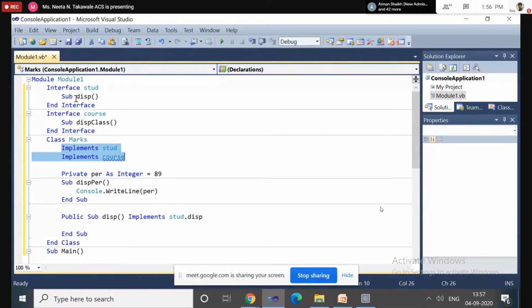Now, the second thing: whatever methods are declared inside the interface must be defined inside the derived class.